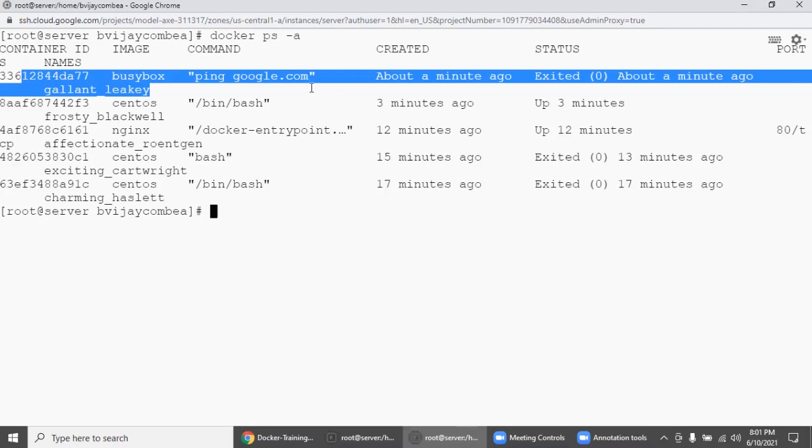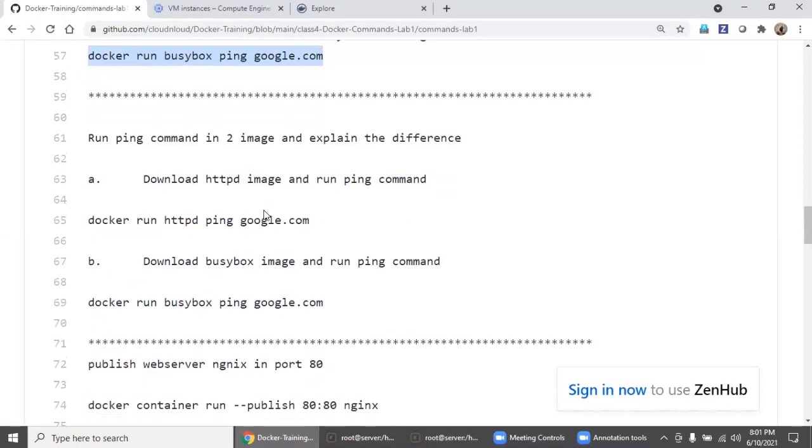Why? Because the necessary package is installed and customized, the image is created and stored in your image repository, hub.docker.com. Go here and run the ping command. So this also we can check very quickly.